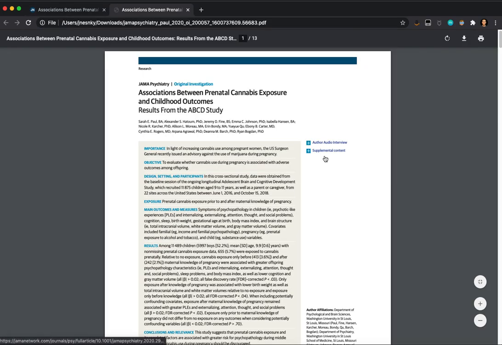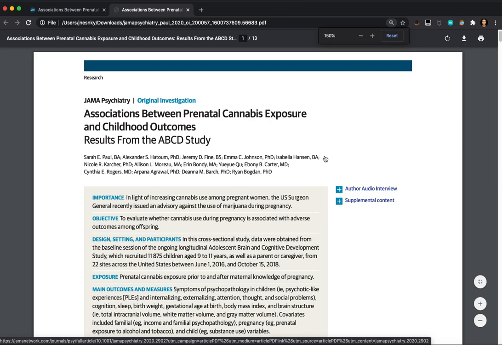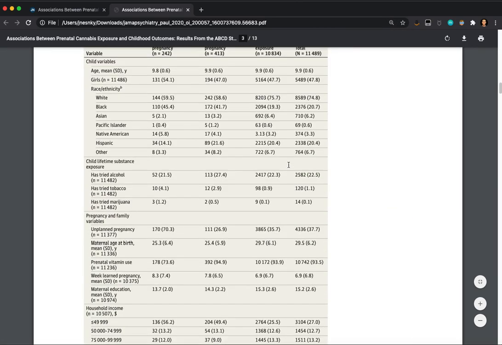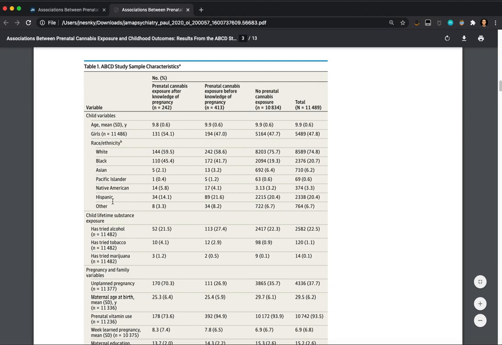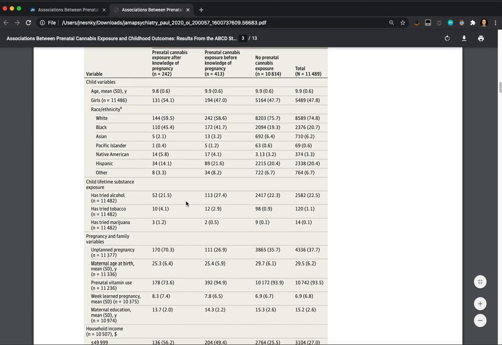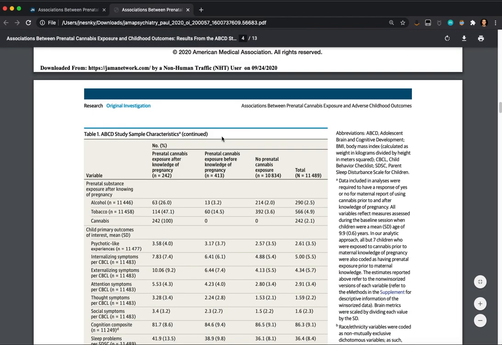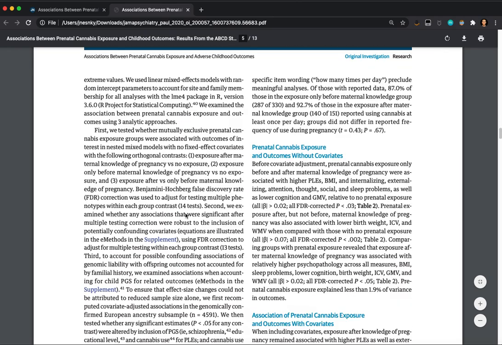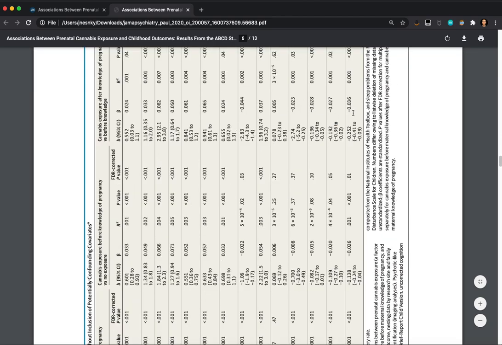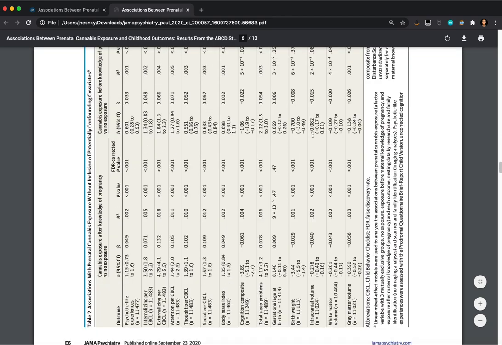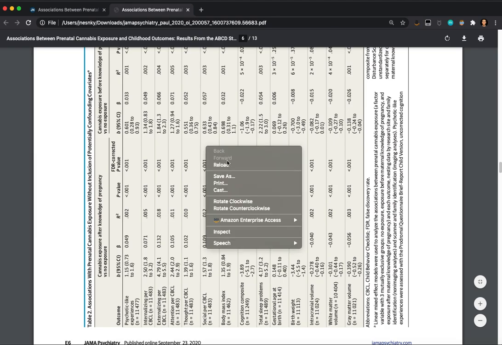This is the same thing. This is the PDF version. All right, so these are the characteristics of the children. What they're trying to show in the initial part is that there's not any difference in the children, right? So boys and girls, about the same. Here, talking about problems, you can see the number count in parentheses. And this is the page we want. Let's see if we can turn this sideways.